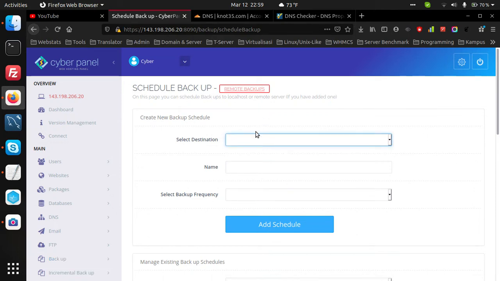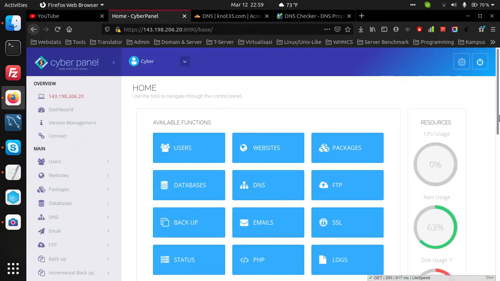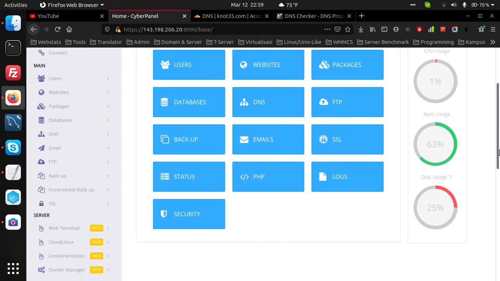Then after that we can ignore the backup. Then we have created the backup file, and then let's click the SSL function.